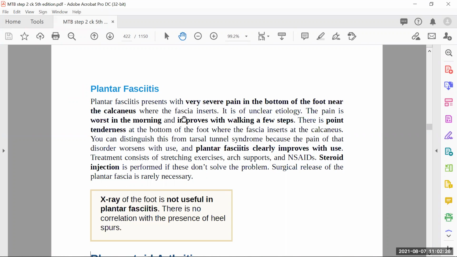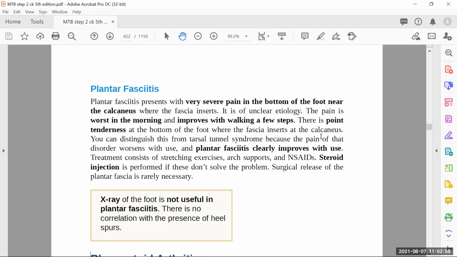So plantar fasciitis presents with very severe pain in the bottom of the foot near the calcaneus. Calcaneus is your heel where the fascia inserts. It is of unclear etiology. We don't know why it is happening, but the pain is worse in the morning and improves with walking a few steps. So first, the patient keeps the foot down and has excruciating pain in the heel. Always consider plantar fasciitis. Now, there is a point tenderness at the bottom of the foot where the fascia inserts